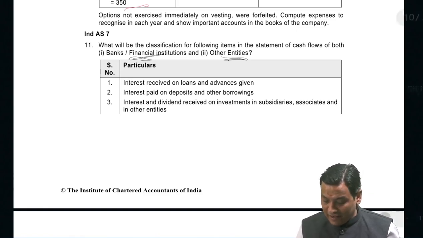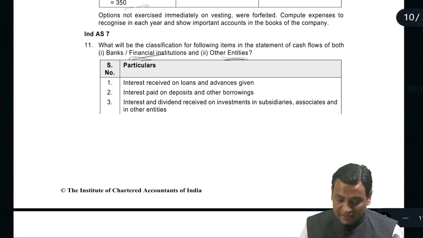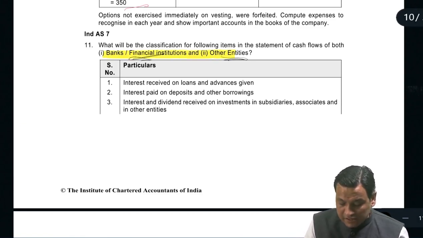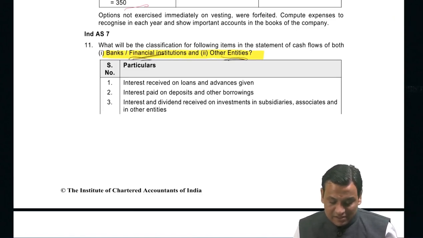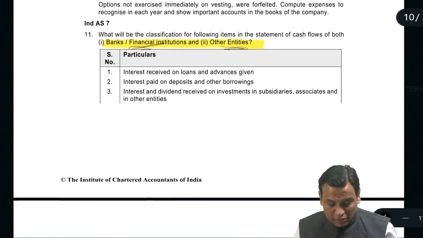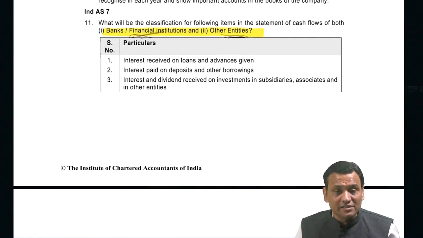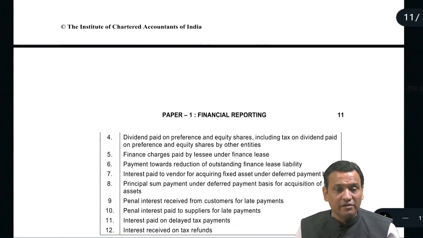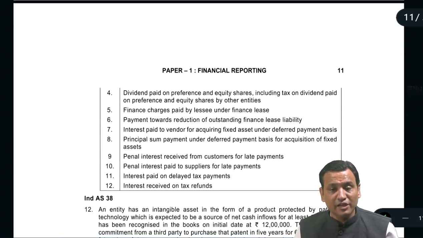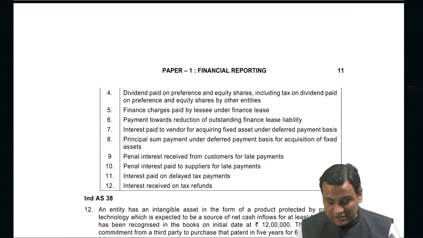We are having banks, that is financial entities, and non-financial entities. This is what we did in classification. Interest received on loans and advances given, interest paid on deposits and other borrowings, interest and dividend received on investment in subsidiaries, associates and other entities, dividend on preference shares, equity shares, including dividend paid on preference and equity by